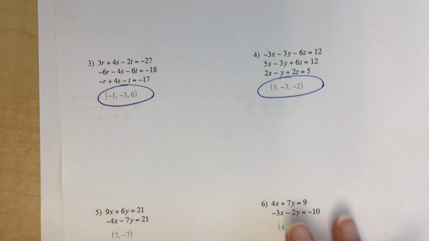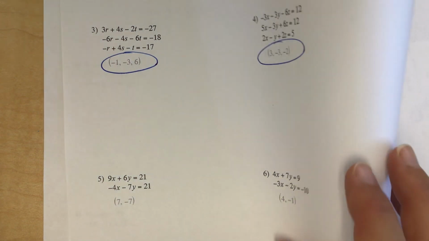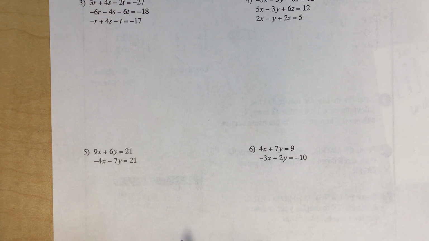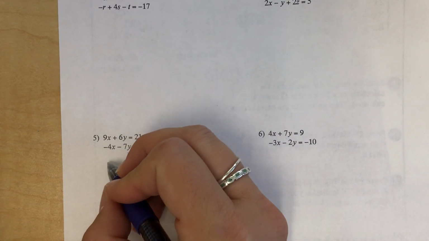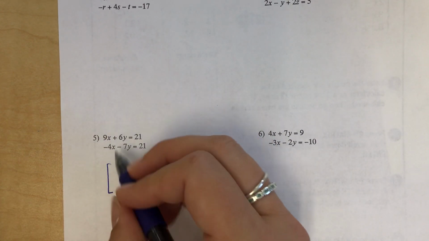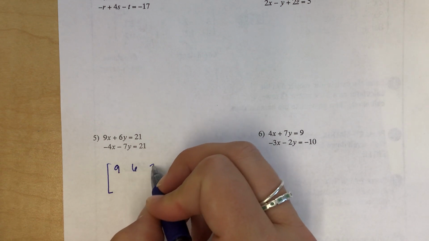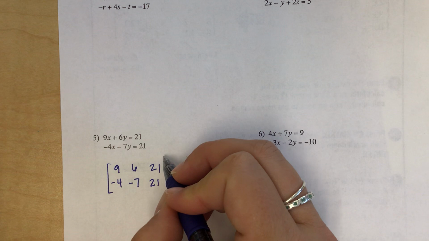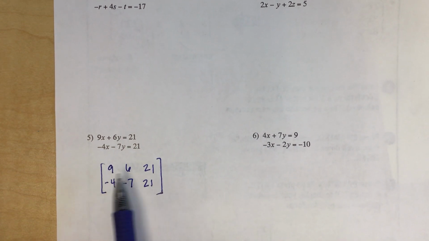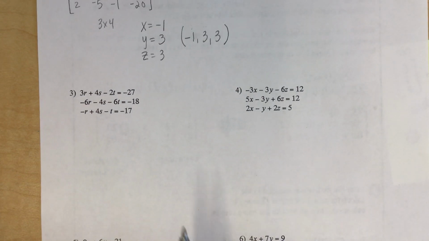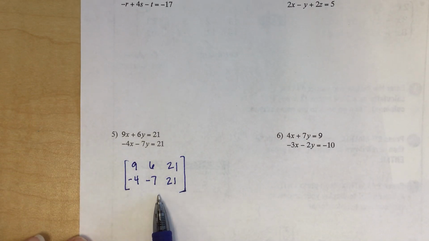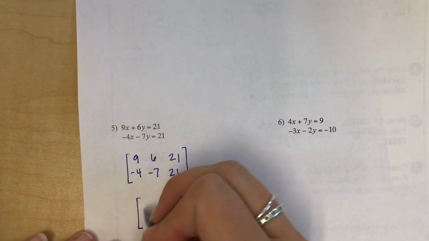Okay? Now, the only difference about the ones that we just did in 5 and 6 is that you're just going to have a smaller matrix for 5 and 6. So on 5 and 6, again, if we're just putting in the numbers, we have 9, 6, 21, -4, -7, 21. So when we put this in, you just have a smaller matrix. You're doing the same exact steps. I would then go to math, the RREF, put this in, press enter, and when you get this, you're gonna get,